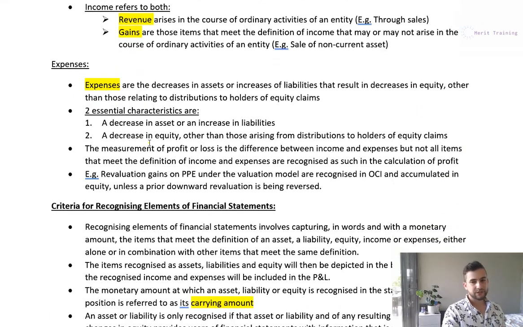And then expenses is the decrease in assets or increase of liabilities that result in decreases in equity other than those relating to distributions to holders of equity claims. So the two essential characteristics of an expense is number one, a decrease in asset or an increase in liability. And again, going back to that example about revenue, an expense isn't just about paying cash for something, right? You might actually incur an increase in liability which would generate an expense. For example,